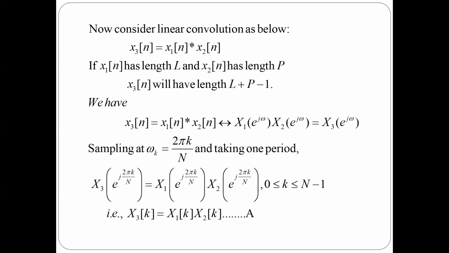Meenakshi, try answering this. We are considering equal to. Sir, the N we are taking should be exactly equal to L plus P minus 1. It should be at least equal to L plus P minus 1. Okay. Because if it is greater than L plus P minus 1, then there is definitely no overlap, right? Yes, sir. Okay, so it has to be at least equal to L plus P minus 1.